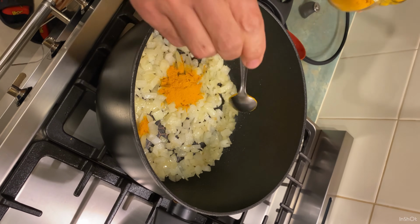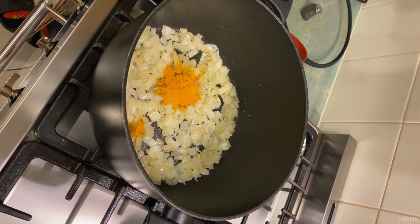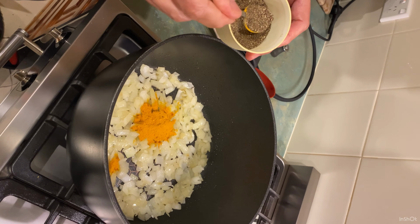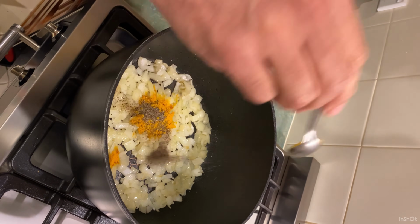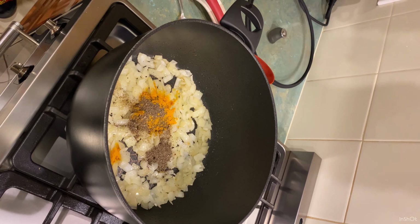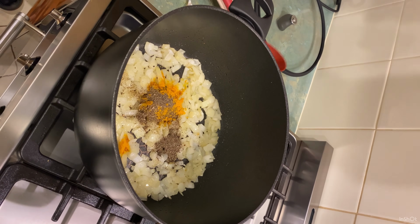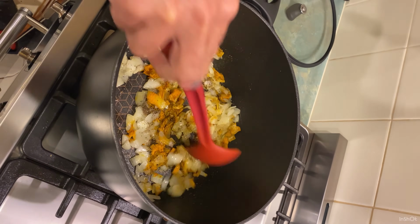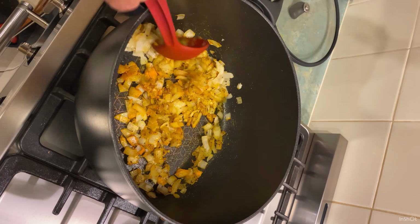Then we add 2 tablespoons of turmeric to the onion, followed by 1 tablespoon of black pepper. Black pepper helps to release more goodness of turmeric and allows our body to absorb those antioxidant ingredients of the turmeric better. Then by mixing this mixture a bit, and